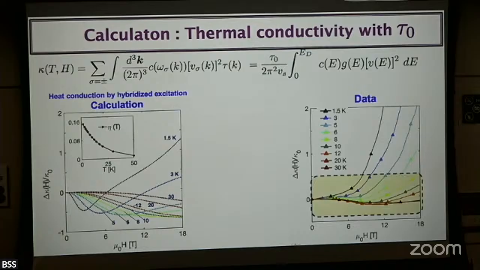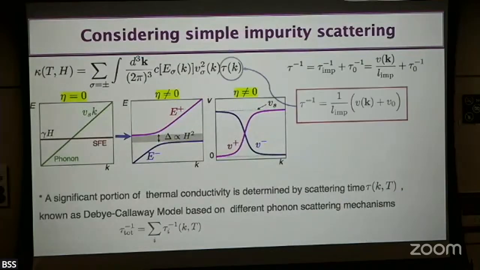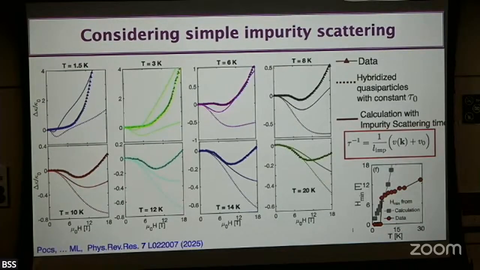Okay, and then of course models are always getting better. Since the phonon velocity, unlike in the Debye model, is not constant but k dependent, simply adding scattering can give you a lot of improvement of the model. So this is just the beginning of how spin is talking to phonon, and maybe all this exotic field dependence might be understood. And again, this does not exchange energy with the magnetic system at all.